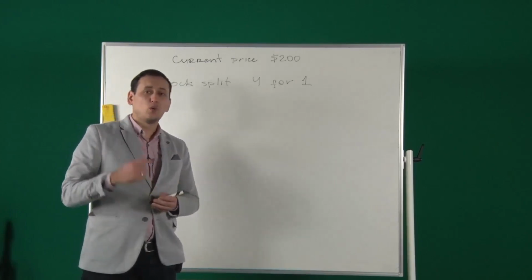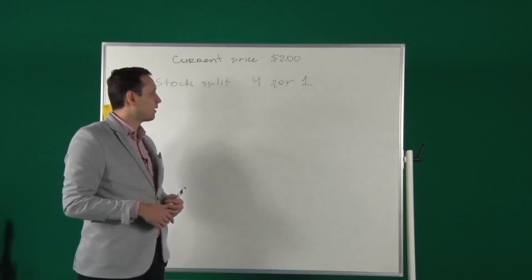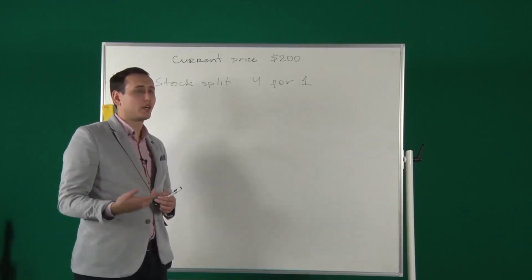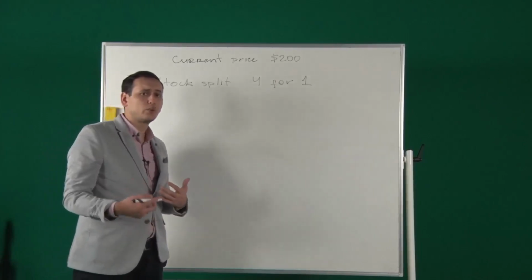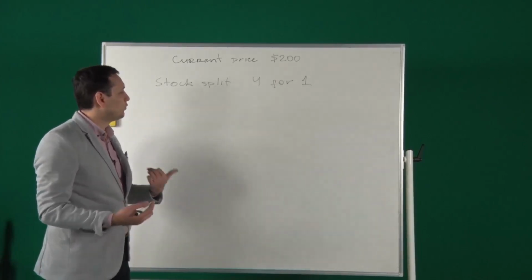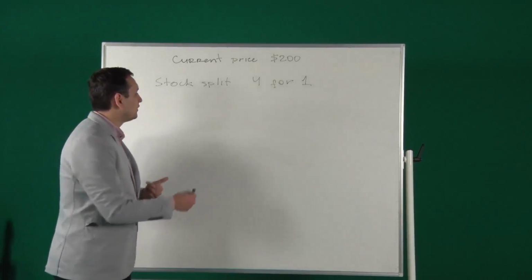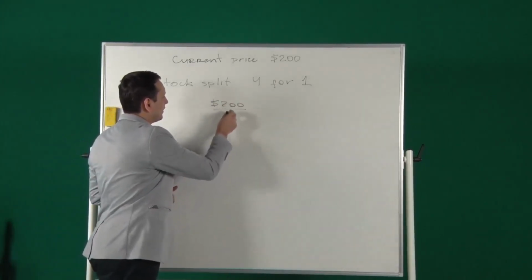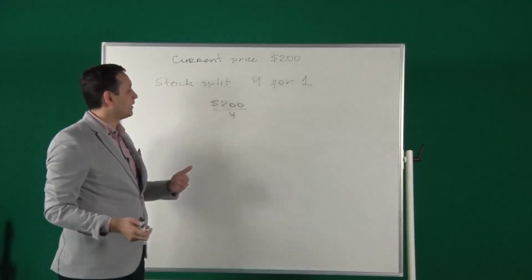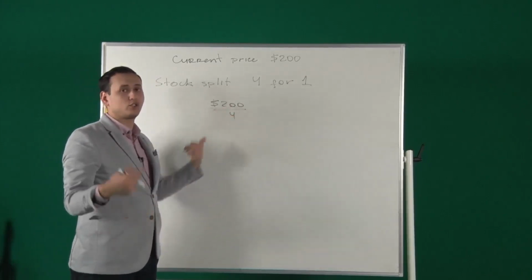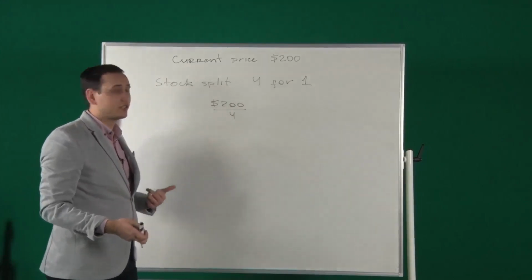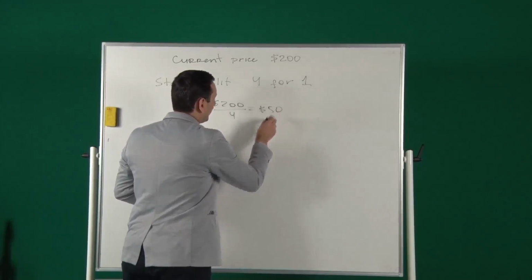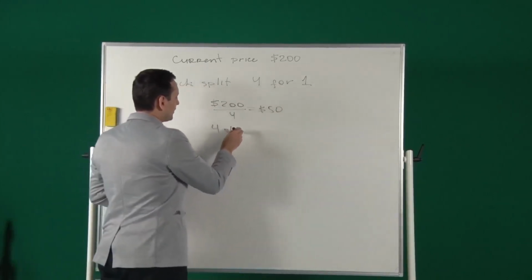They will replace each stock. They will replace your each stock with 4 new stocks. To find out the new price of a stock after the stock split, you have to divide $200 by 4, which means instead of 1 stock that costs $200, you're getting 4 stocks, and you're going to end up having 4 shares,